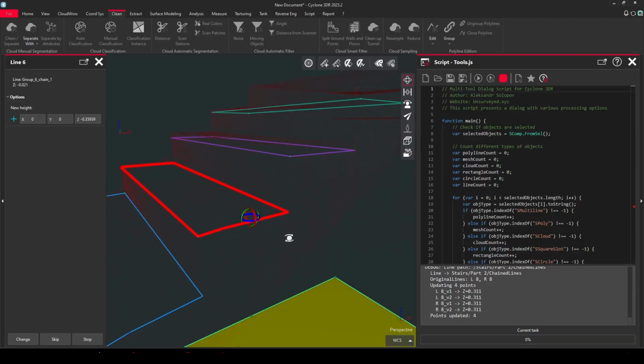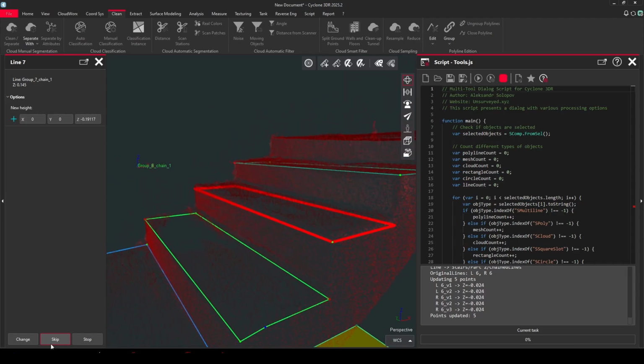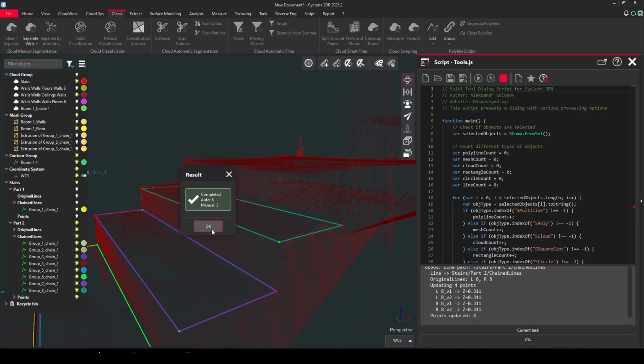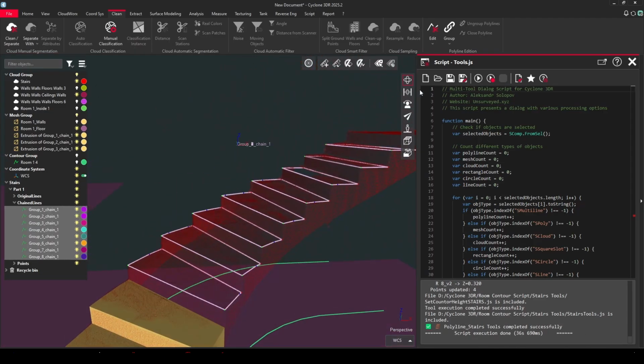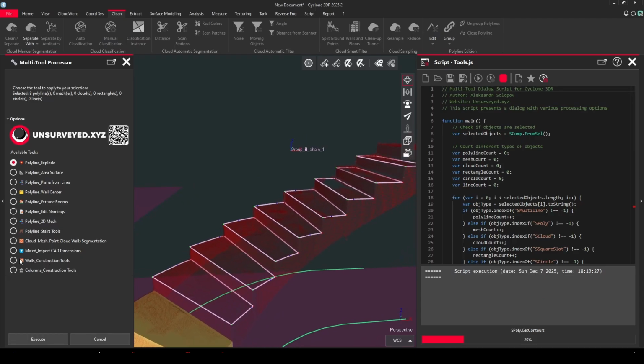But if you want to change the height for any of this contour, you can just select new point for it and then click change. For example, here, select this point and click change. When all heights are defined, you can go to the next step, select all these contours and run again